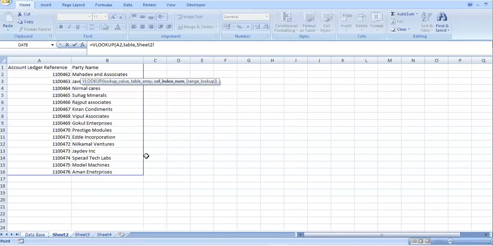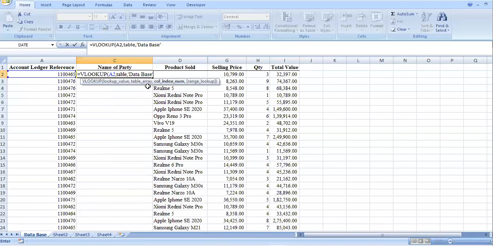Now going to the third argument, the column index. Excel is asking, in this table, where is your answer? I have two columns, 1 and 2, and my answer is in the second column. That is why I will insert the column index as 2, comma. I need the exact match, I don't want an approximate match.